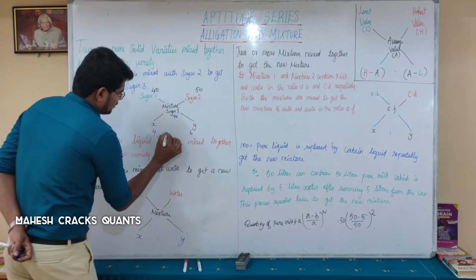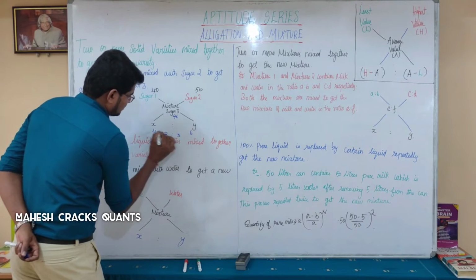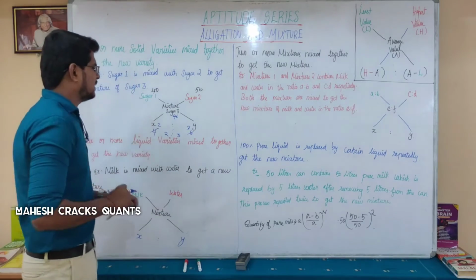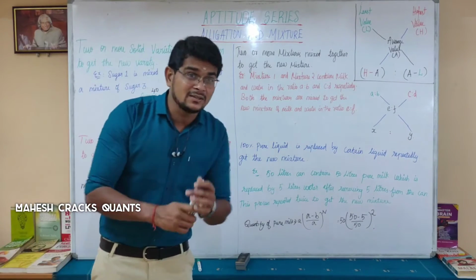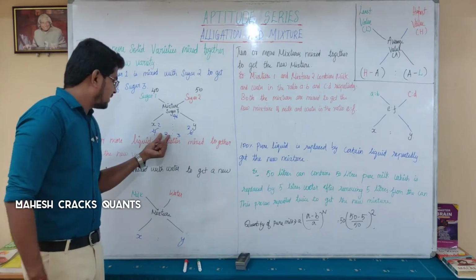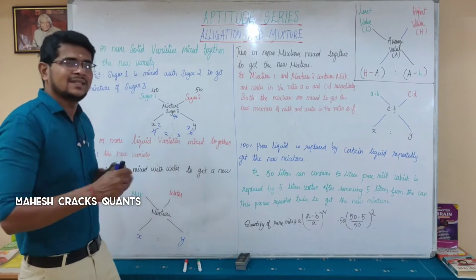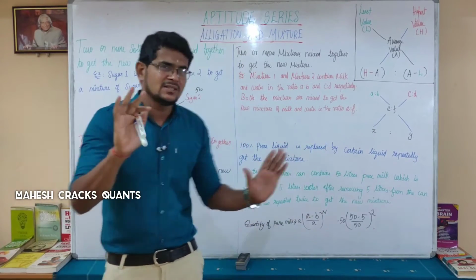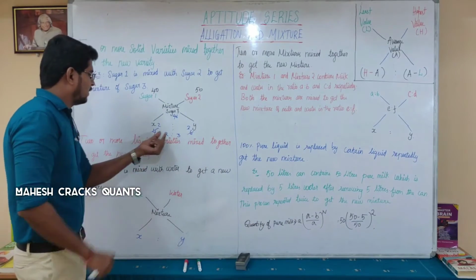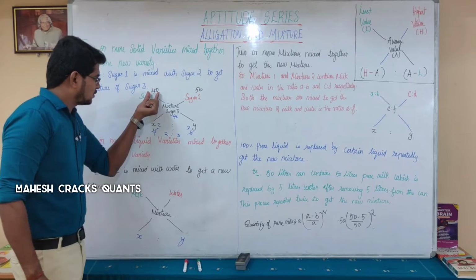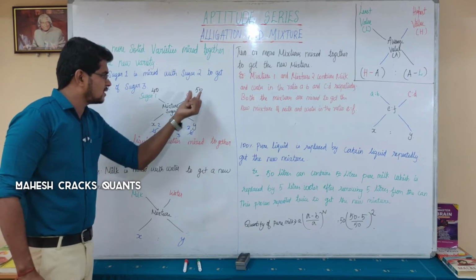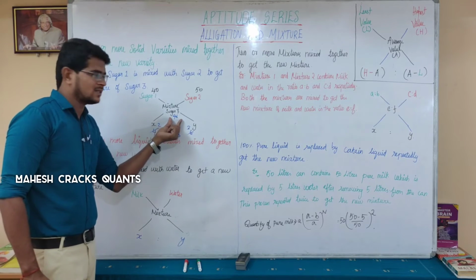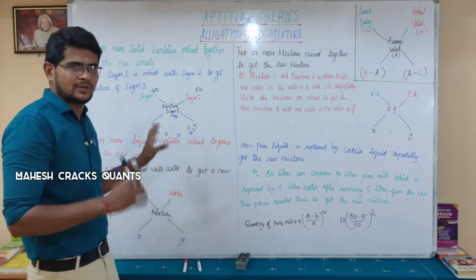So the ratio is 4:6. Cancelling this you will get 2, cancelling this you will get 3. So the ratio is 2:3, which is nothing but the minimum integer values. Minimum integer comparison is the ratio. We know that, right? Okay. 2 kg of sugar 1 is mixed with 3 kg of sugar 2 to get 5 kg of sugar 3, the mixture costing 46 rupees. That's it.